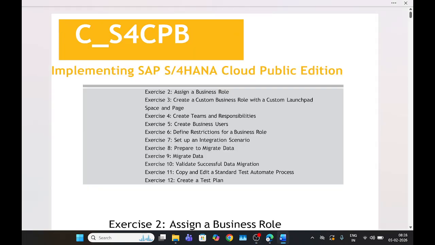Welcome to the session. In this session, we will practice implementing SAP S/4HANA Cloud Public Edition certification exam sample questions. So first, you download the question paper and go through it. Like you can see, assign a business role, create a custom business role with a custom launchpad space and page,